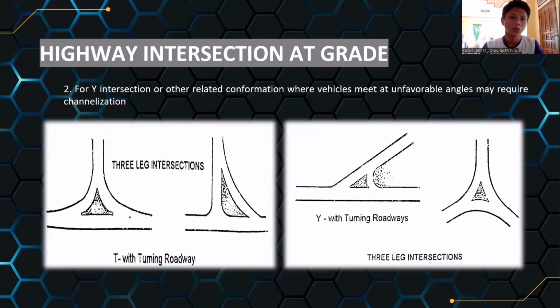For number two, for Y intersection or other related conformation where vehicles meet at unfavorable angles, it may require